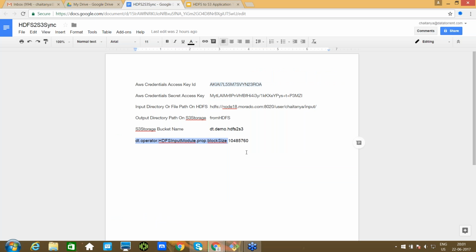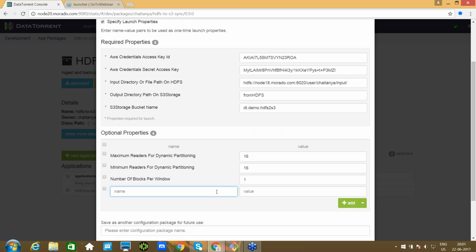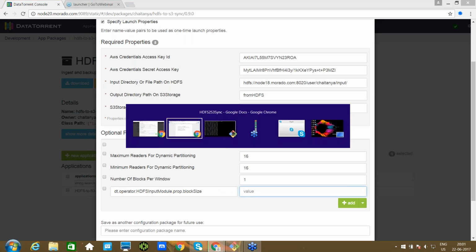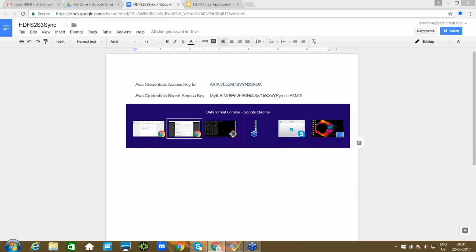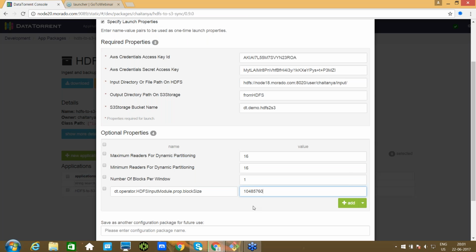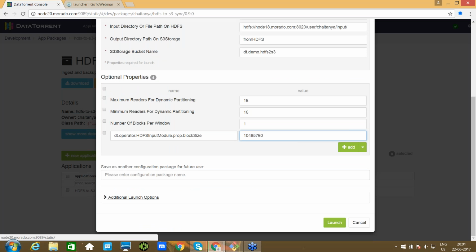This is the key to change the block size, and I'm specifying the value as 10 MB. So the input file will be split into 10 MB blocks. And by clicking launch,